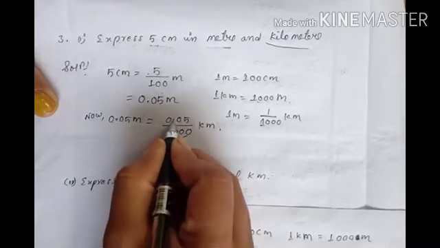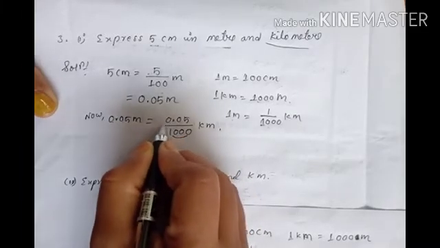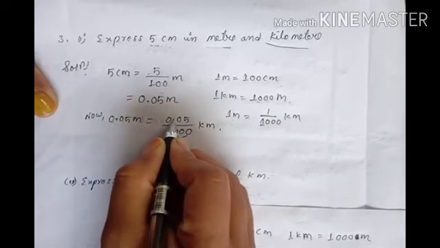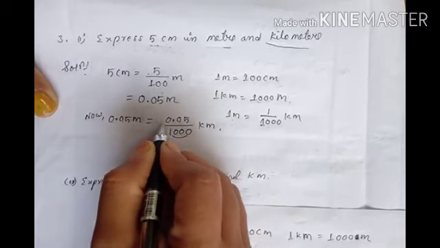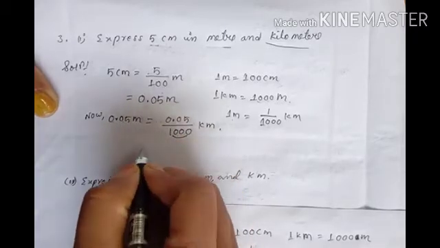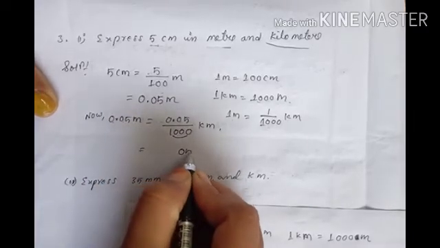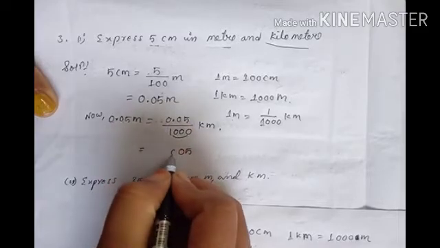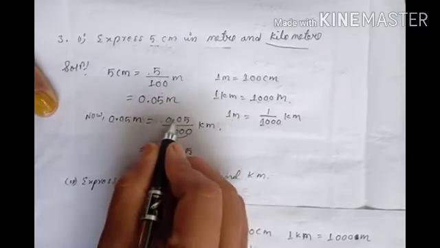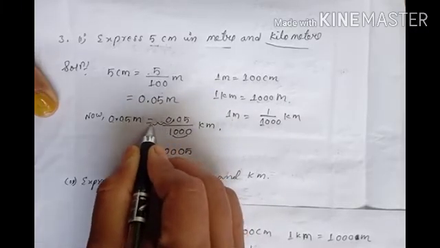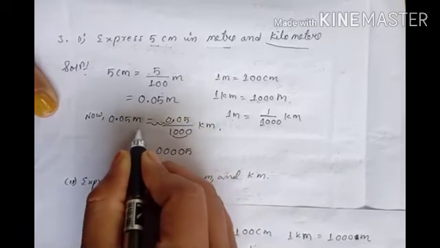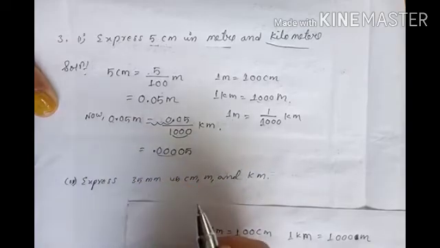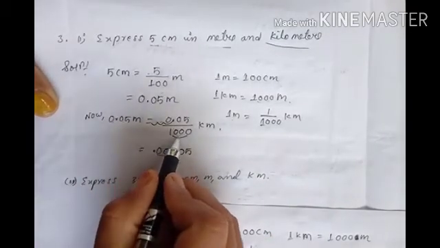Now you can see here how many zeros are there? 3 zeros. So this decimal will move 3 times, isn't it? This decimal will move to left hand side how many times? 3 times. So 0 5. Now here is no digit, isn't it? Only 1 zero is there. So you will add how many zeros? 3 zeros, because decimal was here and it will move 3 times towards left, isn't it? So in left side you will add 3 zeros, then you will put here decimal.